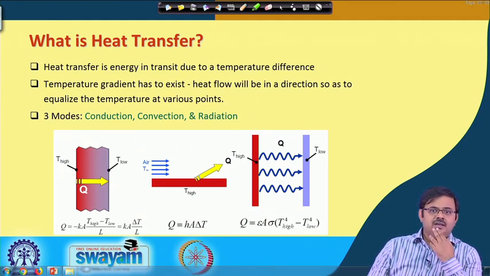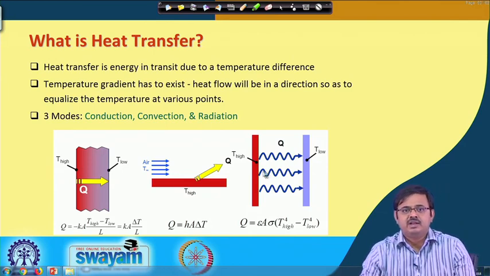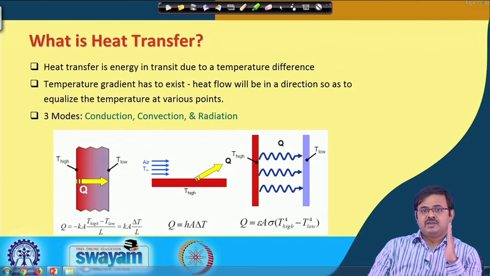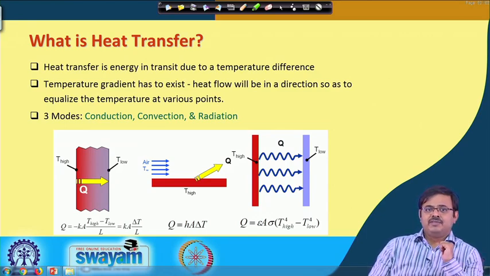All right. So, actually there is also something called a shape factor or view factor that comes into this expression, which is important because the shape factor determines how much of the radiation emitted by surface 1 actually reaches surface 2. Okay. So, that is one. The other thing that I want to tell you is